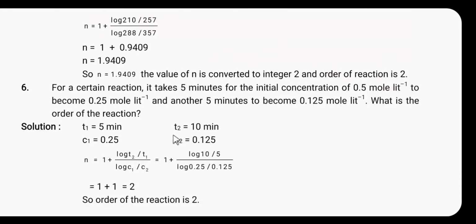So these are some numericals related to the energy of activation as well as the order of reaction. Friends, in today's lecture we have discussed two important points of chemical kinetics: how to determine the energy of activation for a chemical reaction. Two methods are available: the first is the graphical method and the second is the substitution method or analytical method. The second point is some numericals related to the energy of activation as well as the order of a chemical reaction.